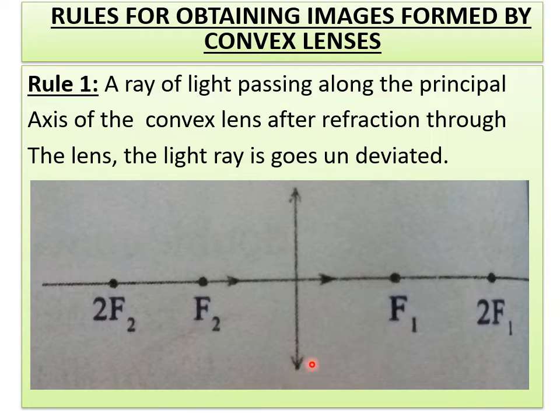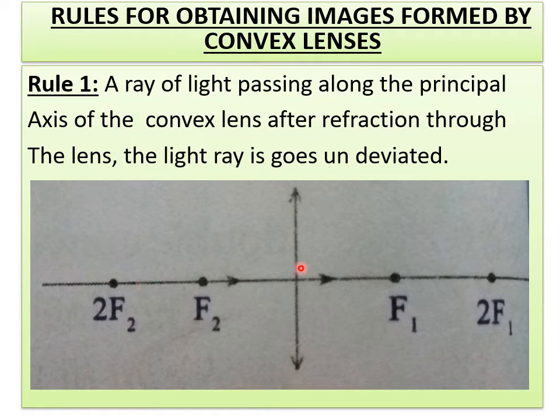So when you come to this, what is this? This is F1 and this is F2. This point is nothing but the C1 point, and this is the principal focus. Already we have discussed a few definitions in the last part. And this F1 is at a halfway distance from the optic center to C1. Here F2 is one more principal focus on the other side. This is also a halfway distance between the optic center and the 2F2 point. We can call the 2F2 point as the C2 point also. C2 and C1 are the centers of curvature. I hope you remember all those terms that should be used here now.